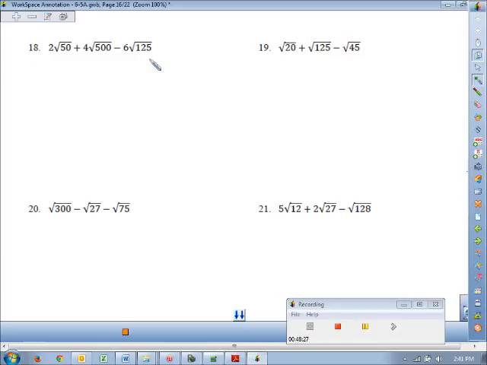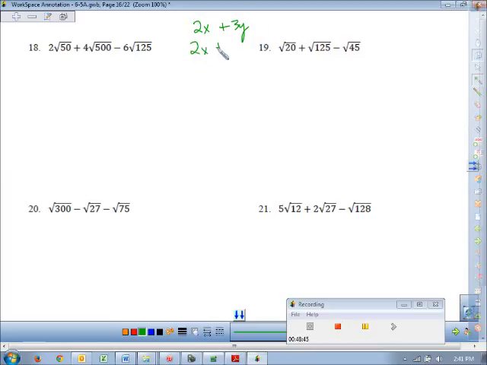Adding radicals together. You treat a radical like it's a variable. My friends, 2x plus 3y. Can you add those together, 2x and 3y? Not like terms. But what if I add 2x plus 3x? Can you add those together? That's 5x. So if you had, say, 2 square roots of 2 plus 3 square roots of 5, and you're